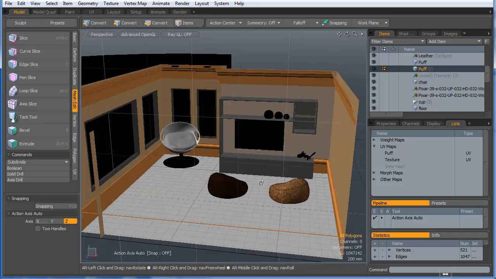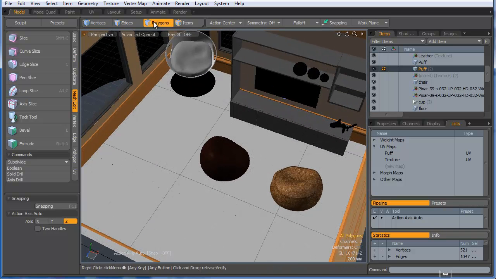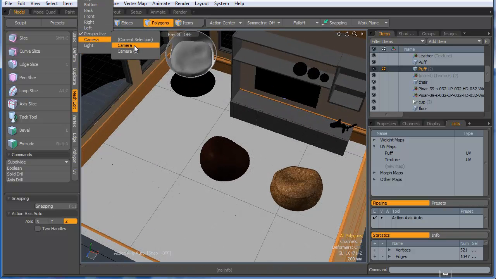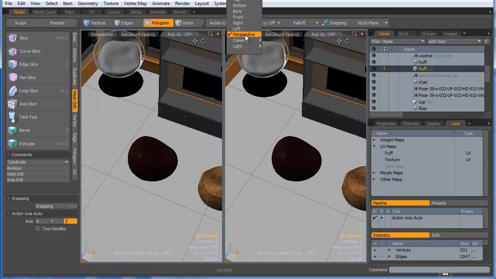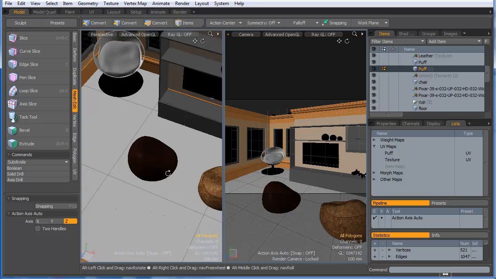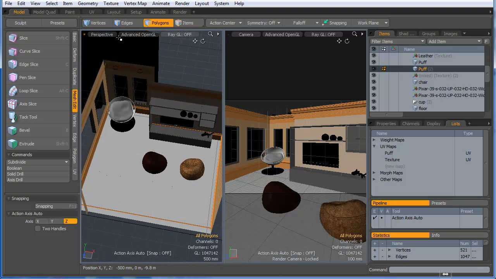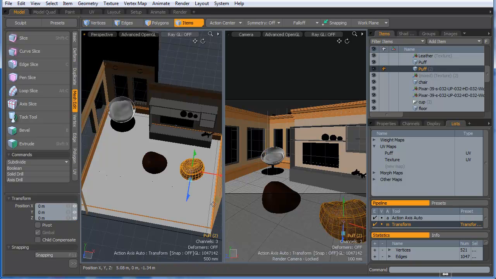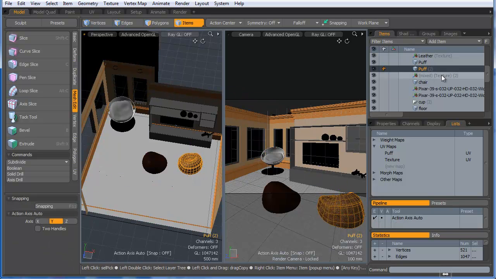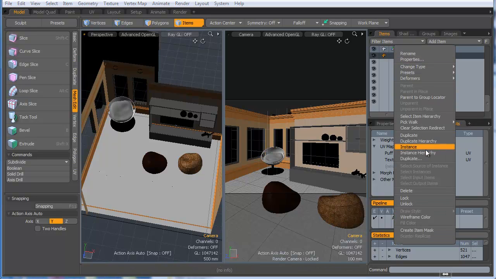Okay, spacebar to drop the tool. I'm going to my camera view here. Actually, I'm going to split that and put the camera in here so I can move those little guys around. And I think I'm going to change the properties here,